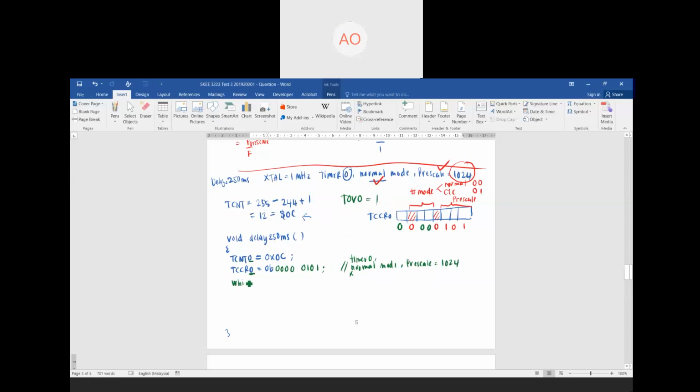While, okay, so open brackets here. Where is the location of our TOV0? Kat mana? Okay, dekat dalam TIFR. So while TIFR, that's why we need to see the value inside the TIFR. Okay, while TIFR end dengan,